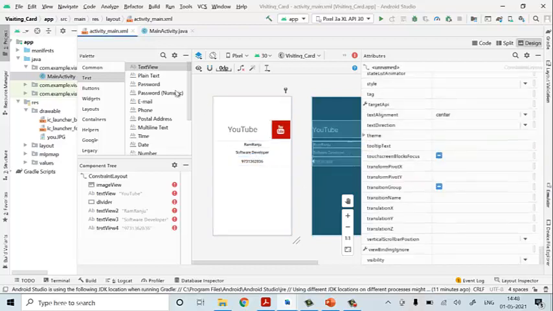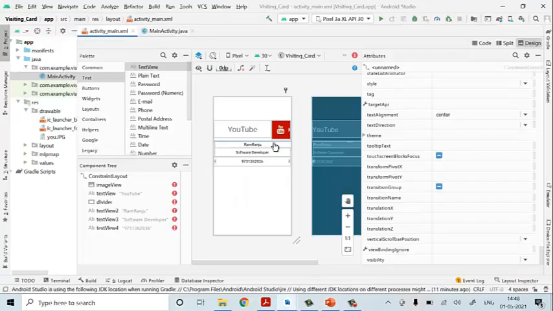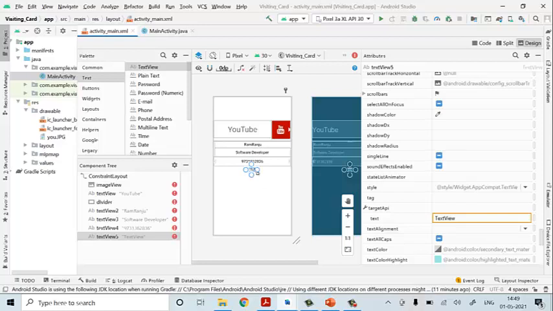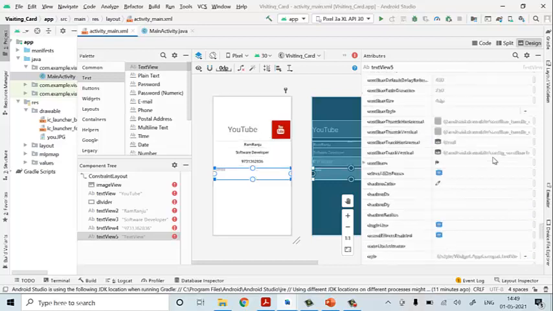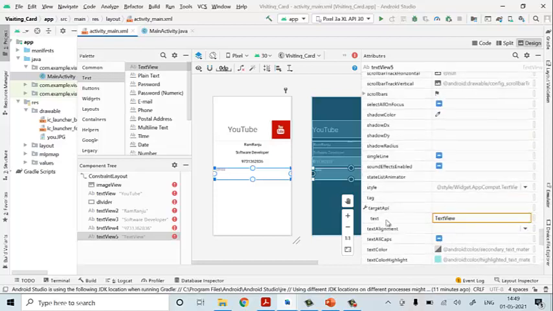The same thing again we have to do for another one, address. So what I'll do, same TextView, I'll take it and drop it here. Drag it. Now go for your text, or else there only you're going to get it here. There will be a TextView text that you need to change. Now we need to specify your address.